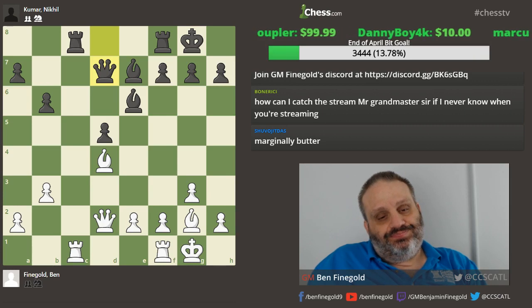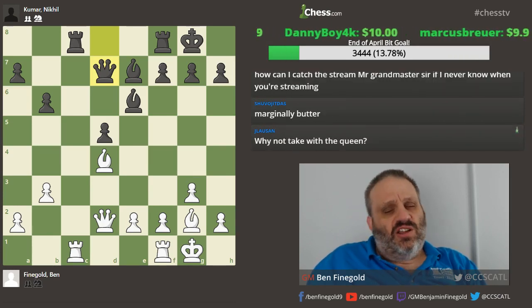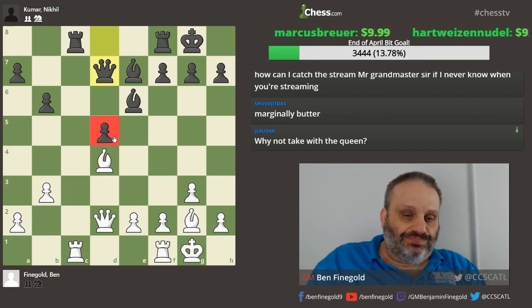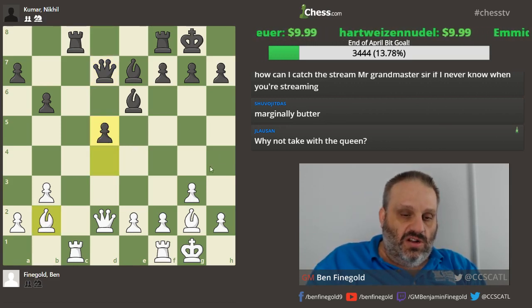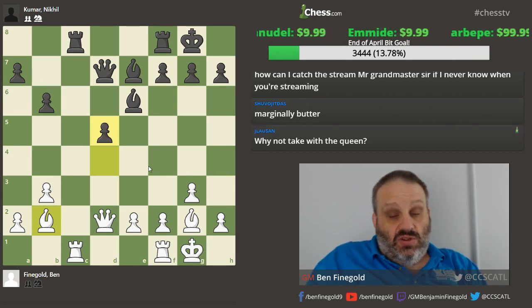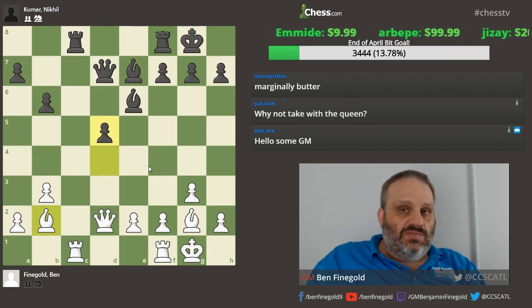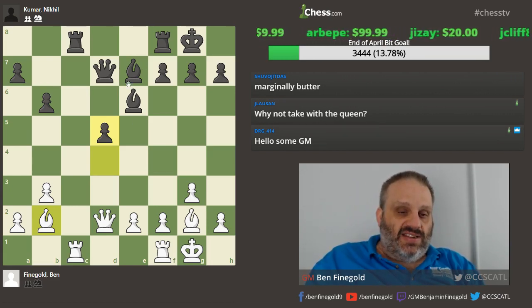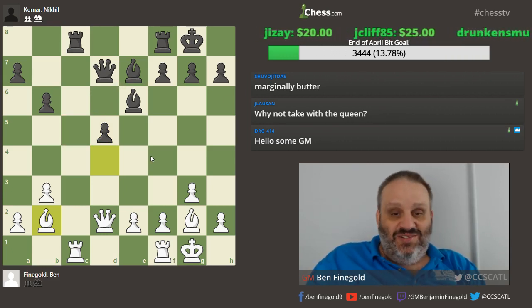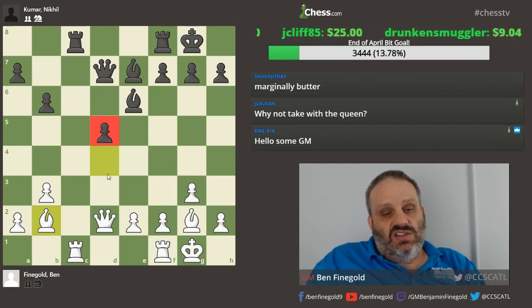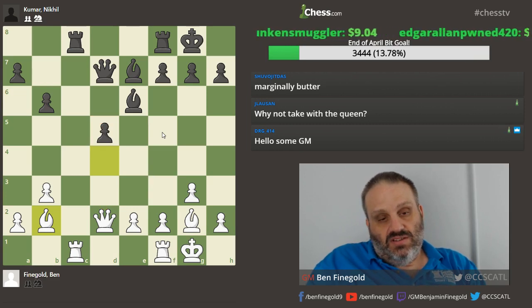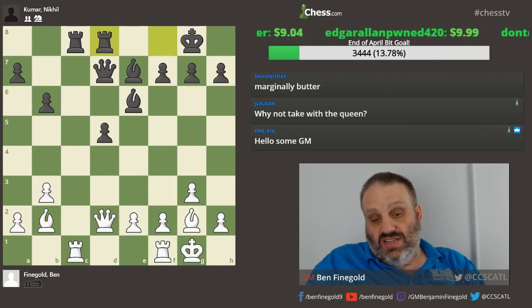So, I think the engine wants to trade all the rooks, but I don't like that way of playing. I want to put pressure on the d pawn. So I played bishop b2, always retreat. And the difference between the way I think about this and the way the engine does, the engine doesn't like bishop b2 because it allows black to play bishop c5. I wasn't concerned about that, so I don't care about that. What I want to do is put pressure on the d pawn, so I got to get my bishop out of the way. Okay, he played rook fd8, which is fine.